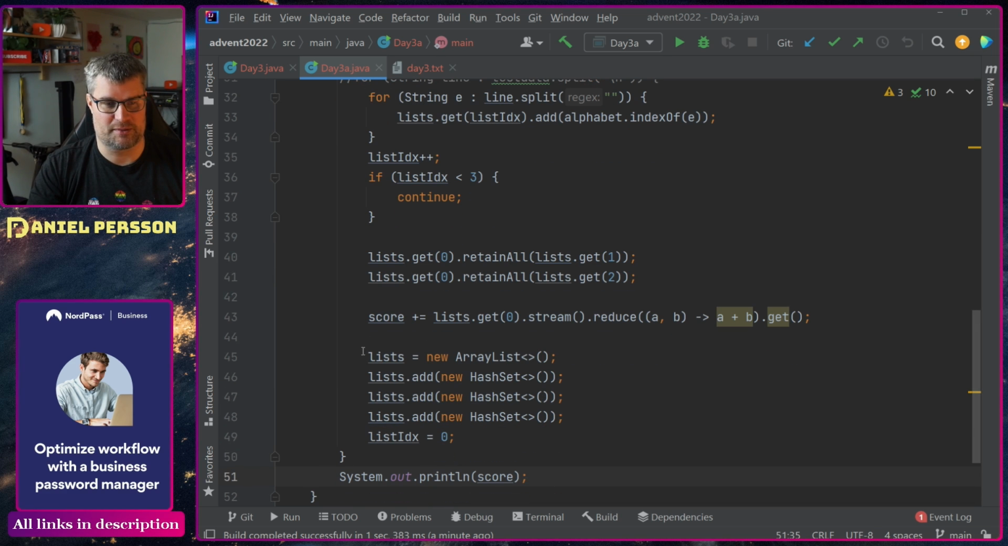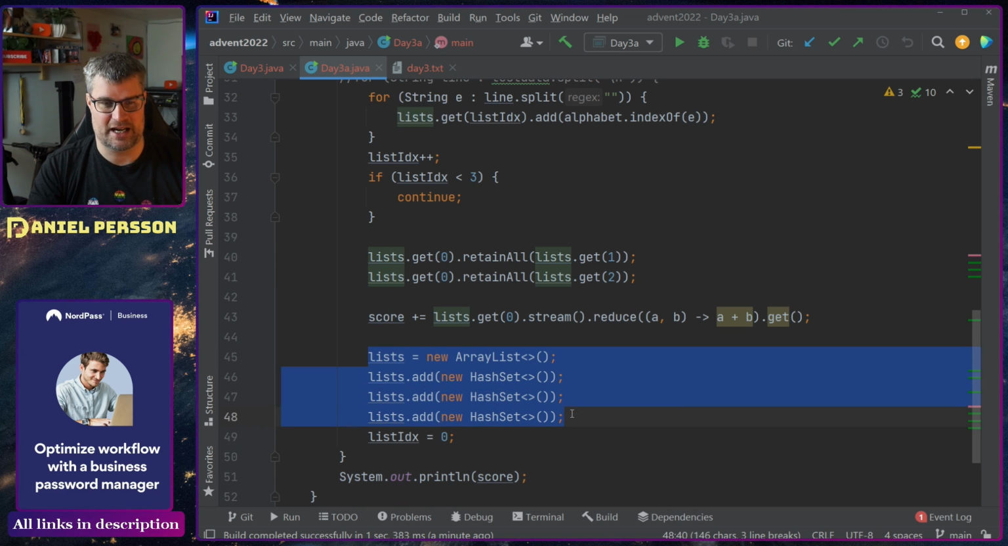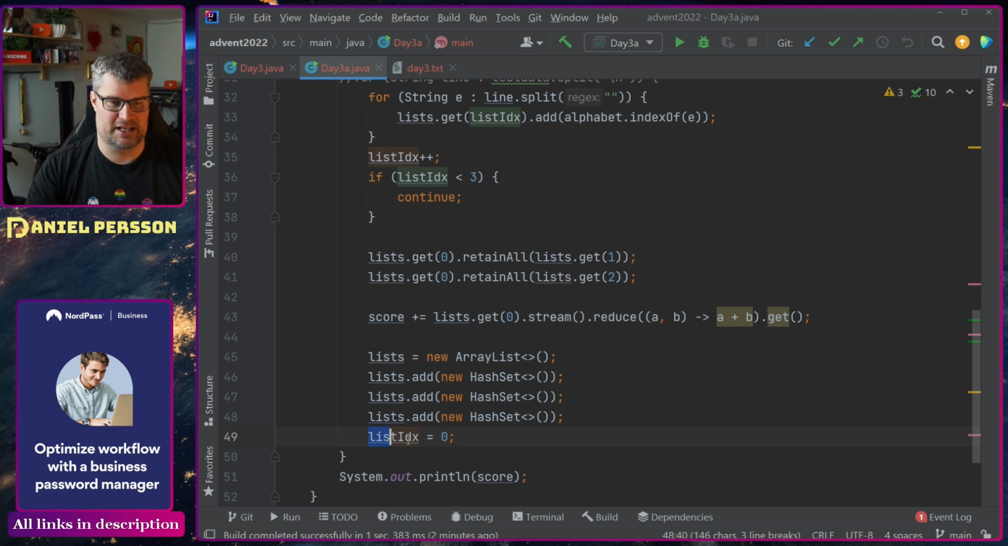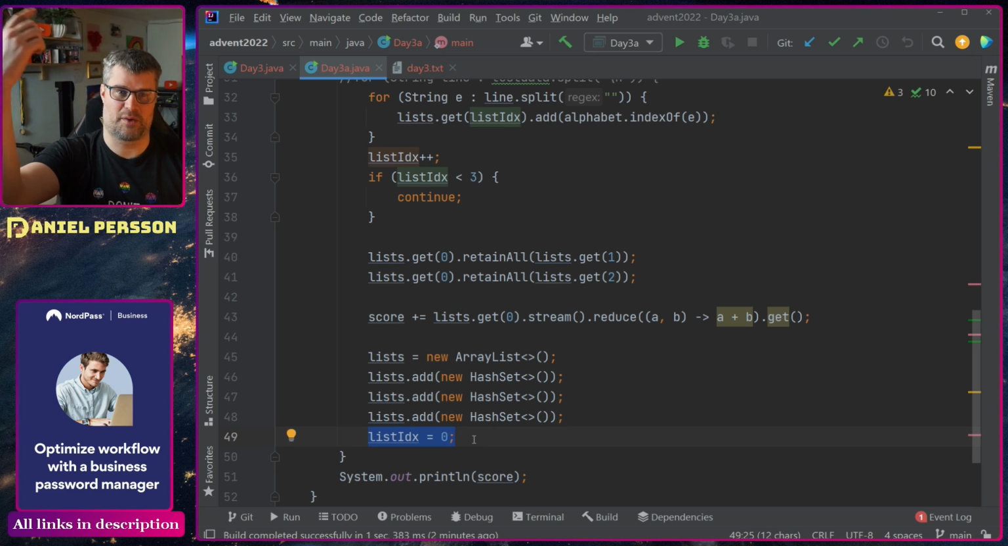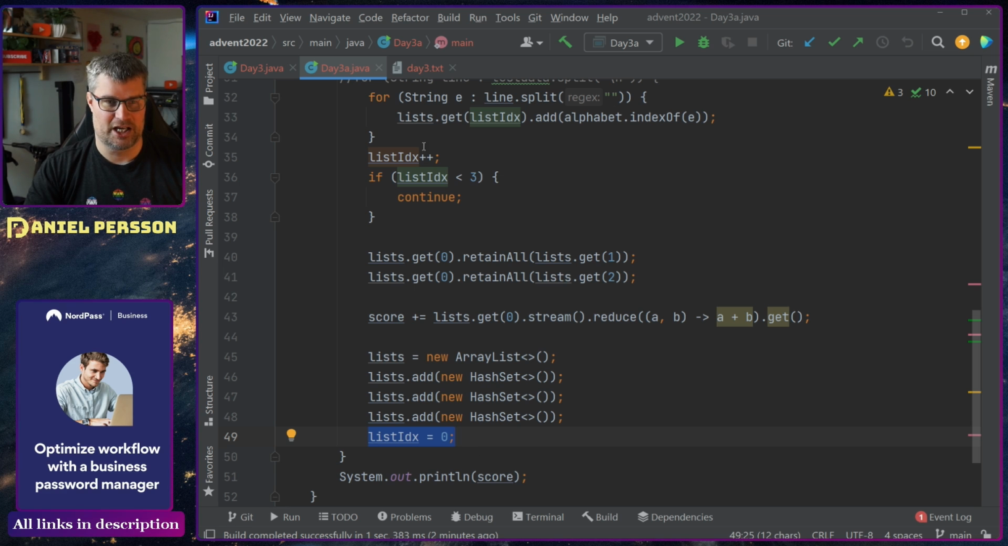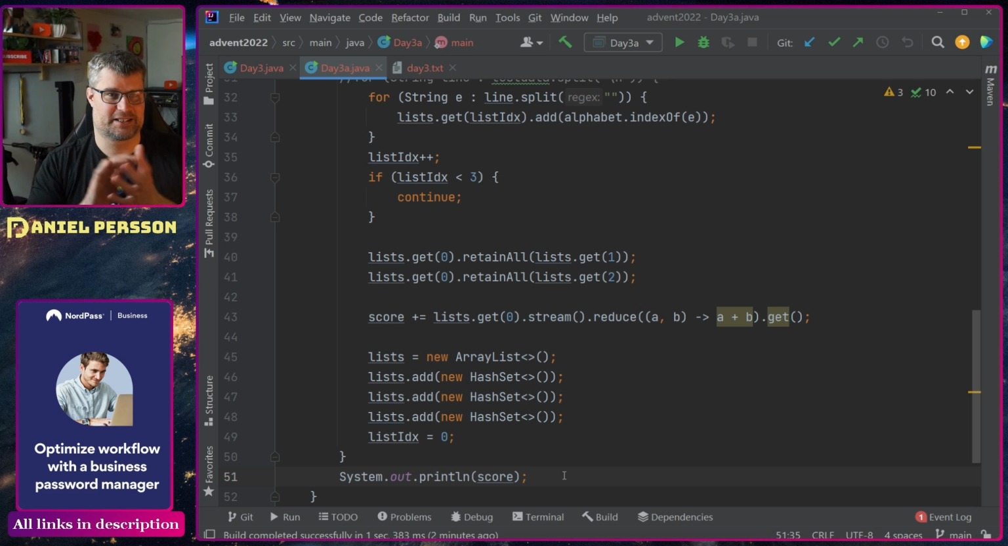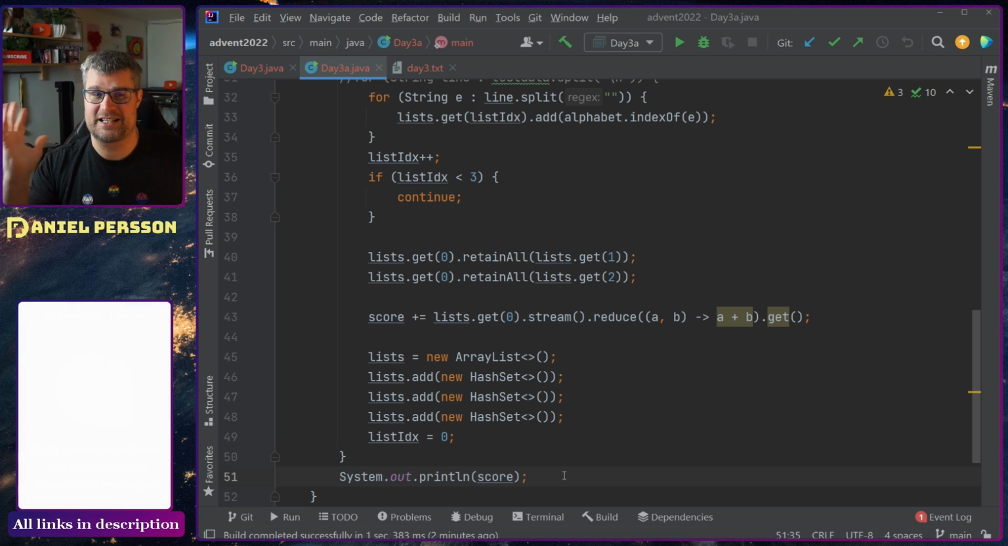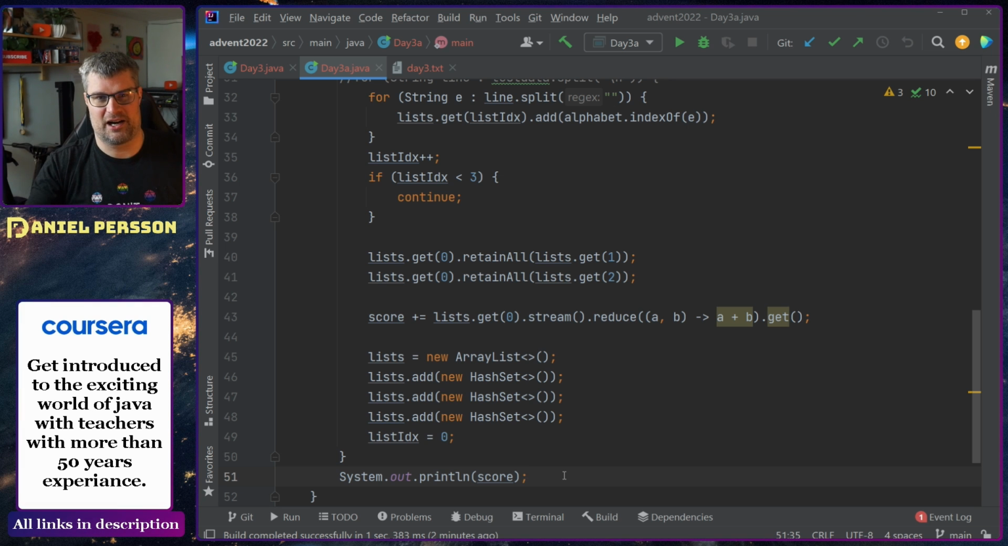Then if we need to do some cleanup here, create a new list and add the new hash sets to that, so we can do another round and set the list index to 0, and then we will read the next line. And when we've read all the lines, we will print out the score down here, and we will have our result. I was pleasantly surprised on how much I learned in